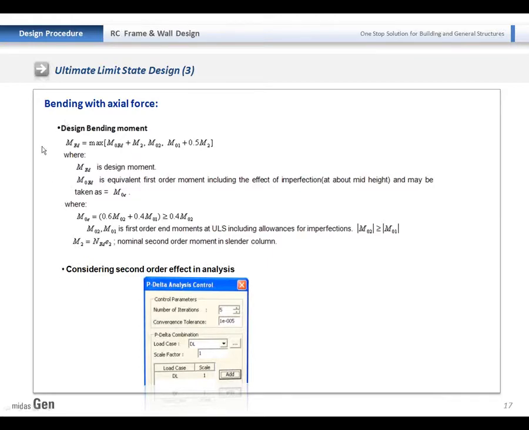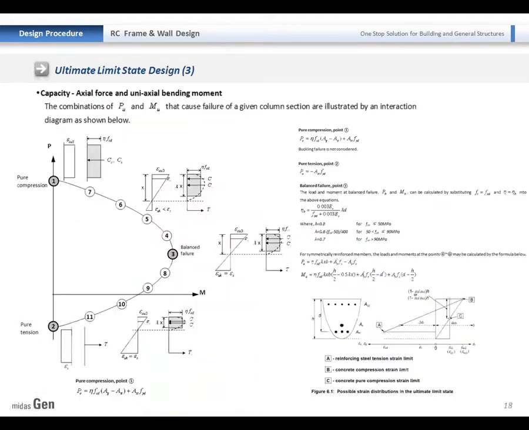So this consideration also can be done by the program. If we enter the p-delta analysis control during the analysis, then this moment magnification due to the second order effect will not be considered by the program. And for the column design, the program uses the 3D PM interaction curves to calculate its resistance.